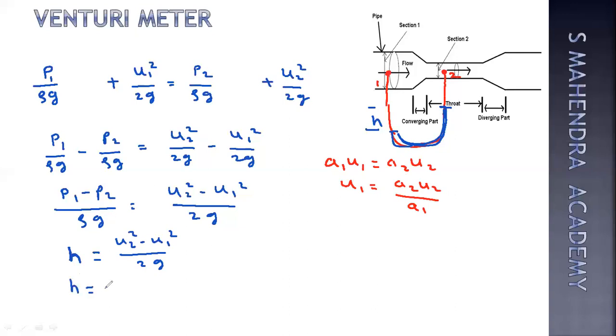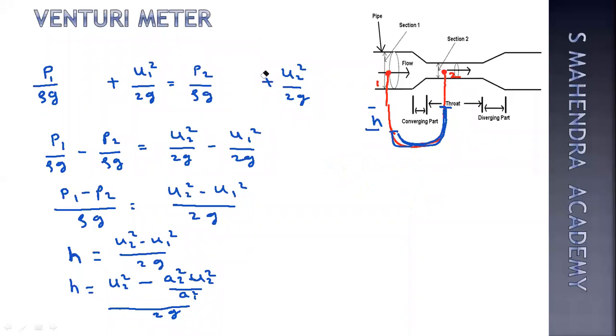H is equal to U2 square minus, instead of U1 we have to write A2 U2 divided by A1. So this term will become A2 square U2 square upon A1 square, and divided by 2g. So after rearranging this equation, we will get